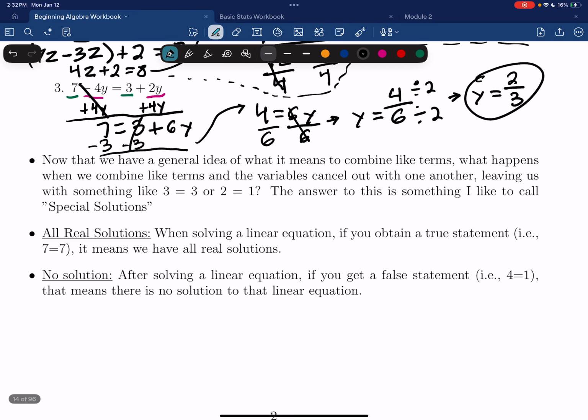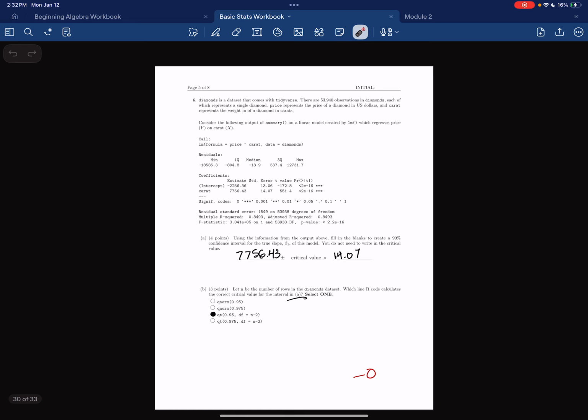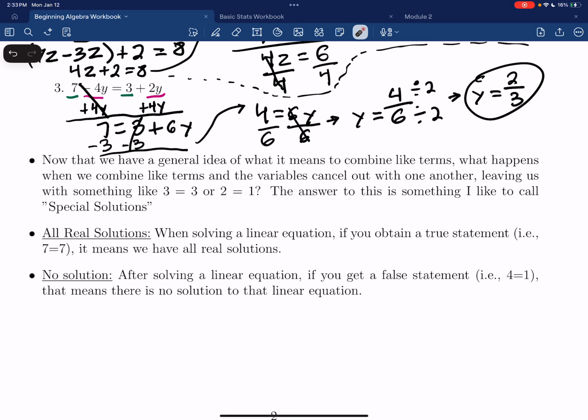Alrighty. So now that we have a general idea of what it means to combine like terms and what happens when we do combine them and the variables cancel out with one another, sometimes when we combine like terms, our variables can completely cancel out. And you're left with an equation of something like 3 equals 3, or you can end up with something like 2 equals 1. Now, the answer to this and how we go about this is something I like to call